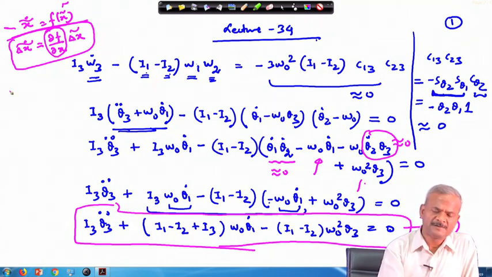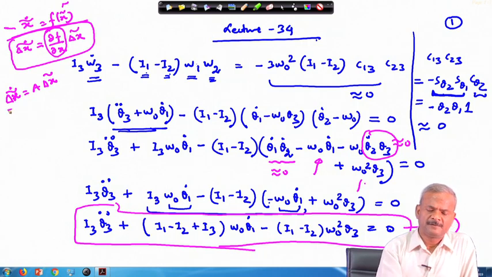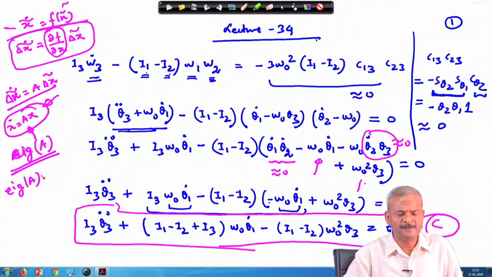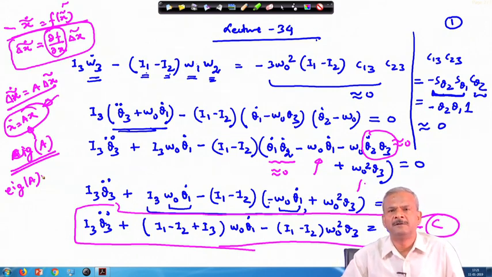In this format, this is nothing but delta x tilde dot equal to A times delta x tilde, and you know that this is of the form x dot equals A x, which is a linear differential equation. And how do we analyze it? As I have told you, we get the eigenvalues of A. If you give the command eig(A), it will list the eigenvalues of matrix A, and from there you will be able to know whether your system is locally stable or not.